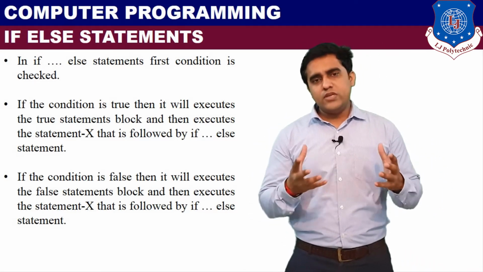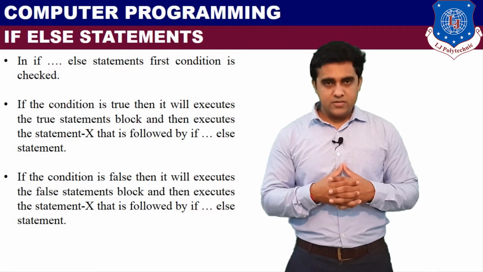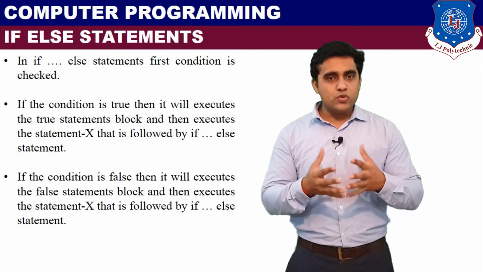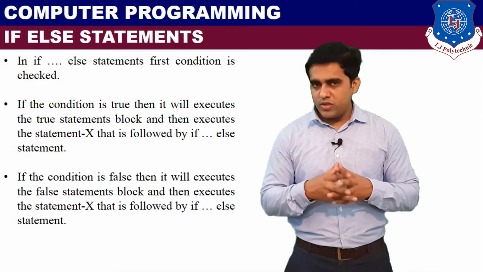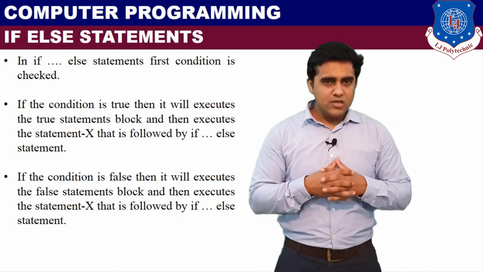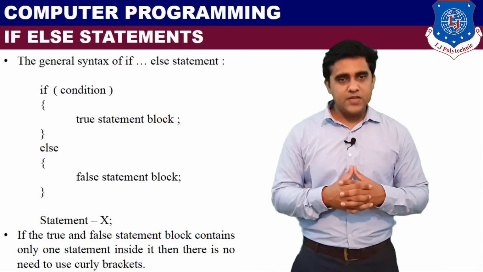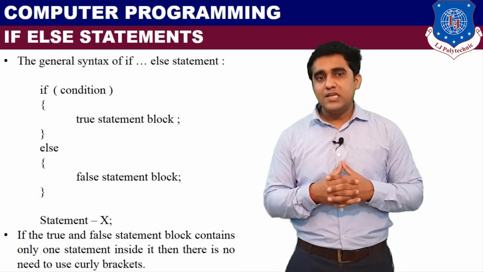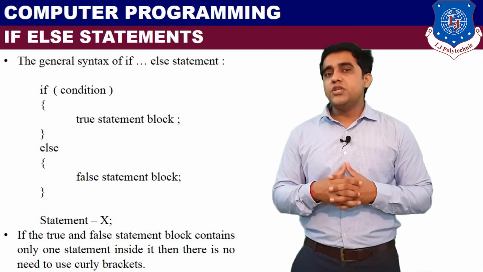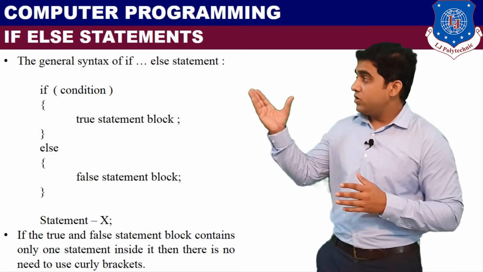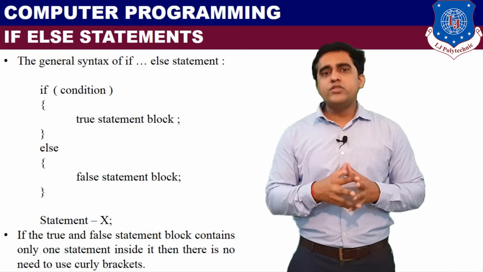So first, if else. When we have some conditional statements, if the condition is going to be true, then perform some particular true event, and if your condition is not true, then perform a false event. The syntax of this if-else statement is, you can see here. First we will write if, which is a keyword, then in round brackets the condition. If your condition is true, then we will execute the true statement block, semicolon and closing curly bracket.